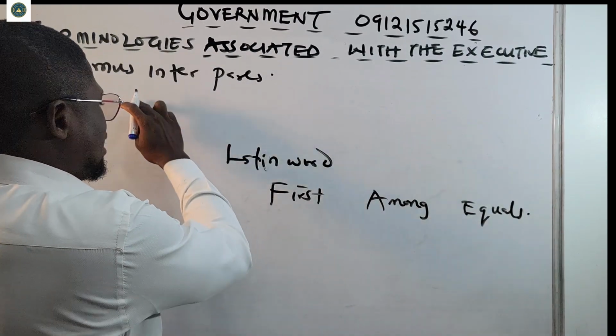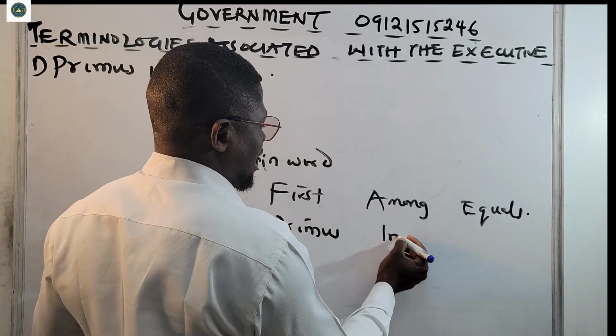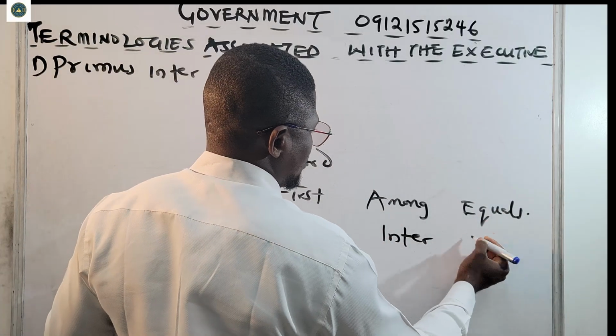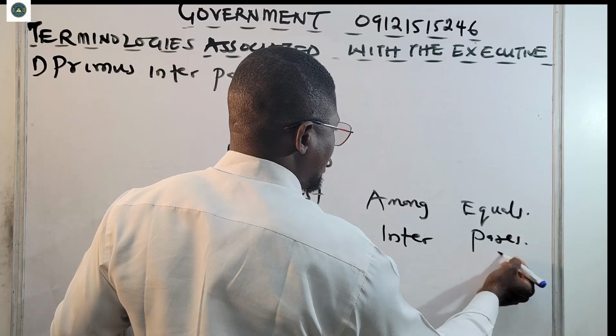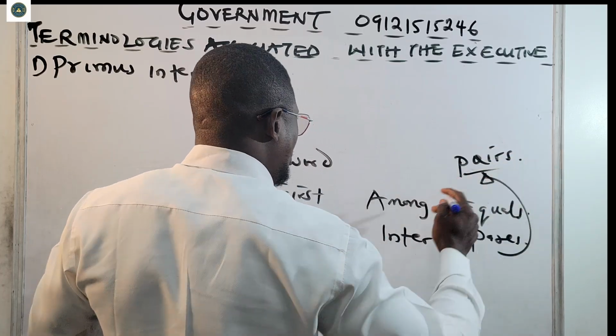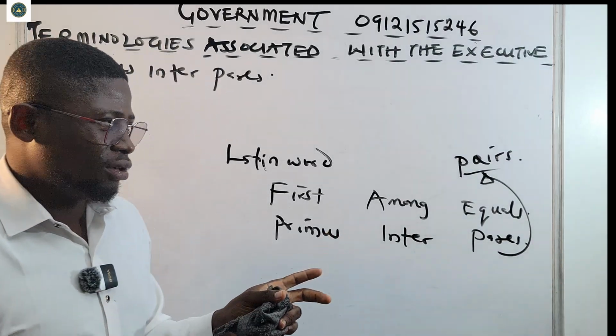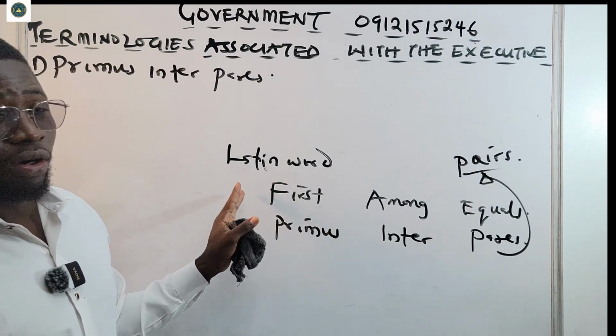All right, this Primus here means first. Then this inter means among, and pares means what? Pairs. Okay, just like you are saying pairs. Okay, among your peers. All right, you are the first among them. All right, for example,